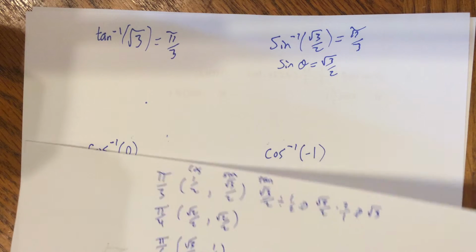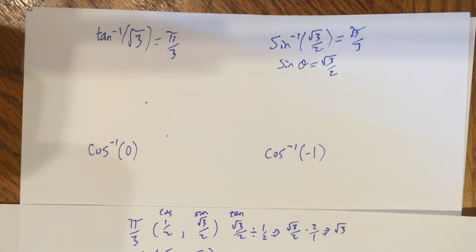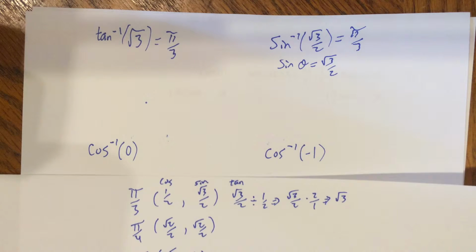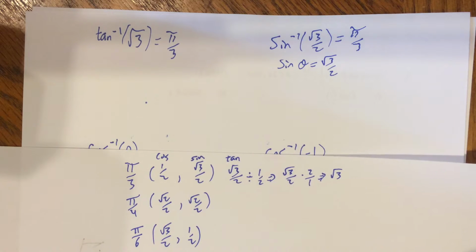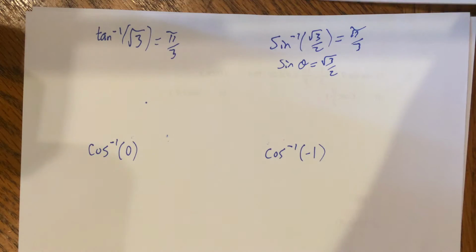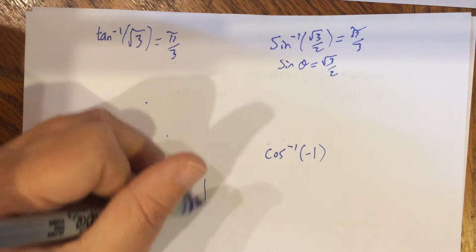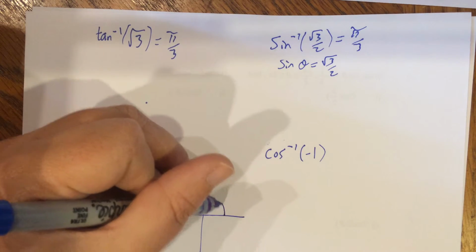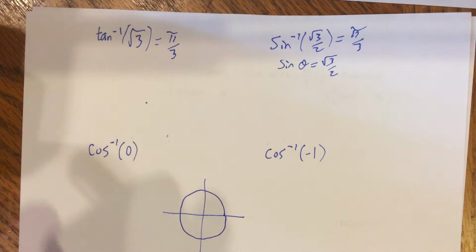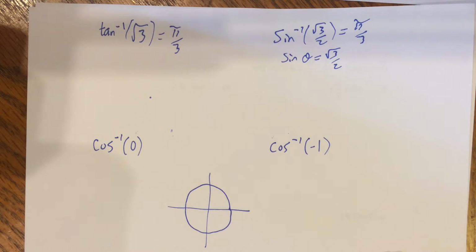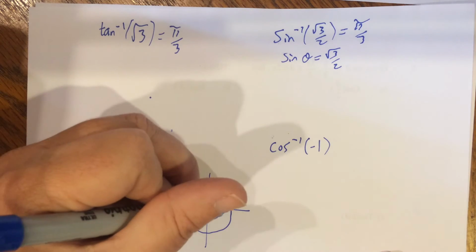Okay, so look at the next two. Cosine inverse of 0 and cosine inverse of -1. My chart's not really going to help much for this one because these don't exist in my answer keys in my chart. So I'm going to have to go back to my unit circle and say, let's look at a unit circle. And when chart doesn't help, go back to unit circle. And unit circle goes